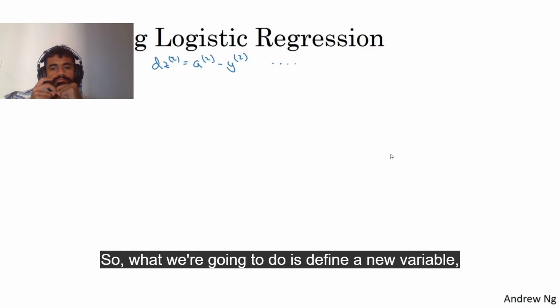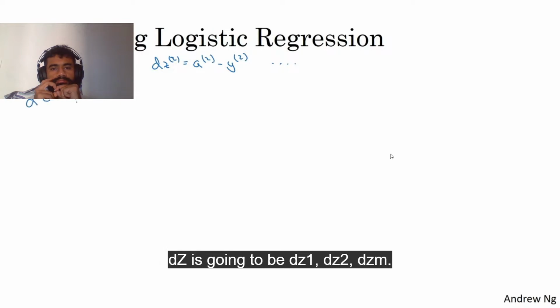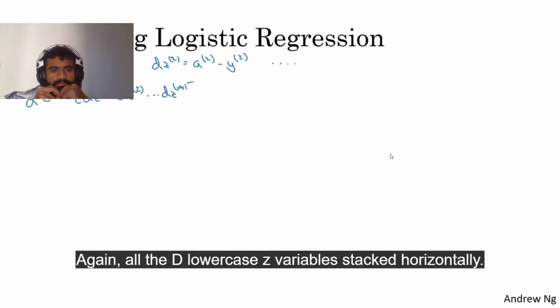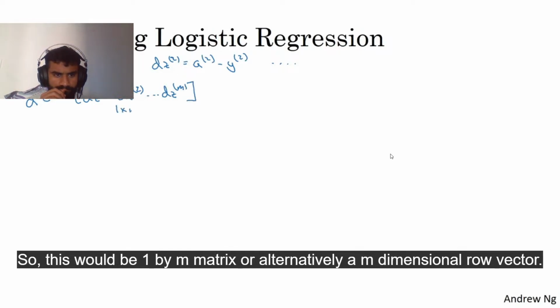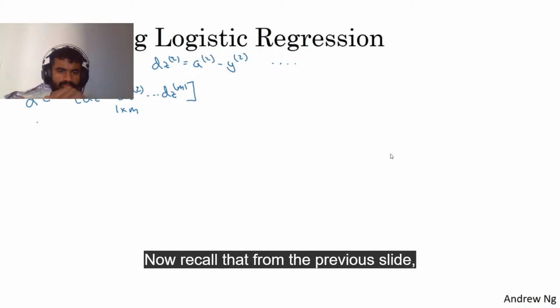So what we're going to do is define a new variable dZ, which is going to be dz1, dz2, through dzm. Again, all the lowercase dz variables stacked horizontally, so this would be a 1 by m matrix, or alternatively an m-dimensional row vector. Now recall that